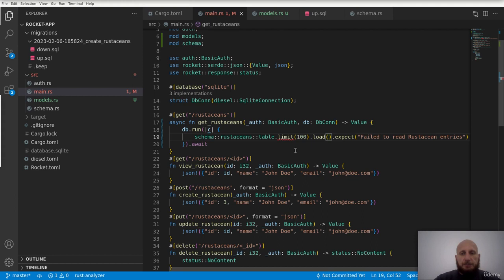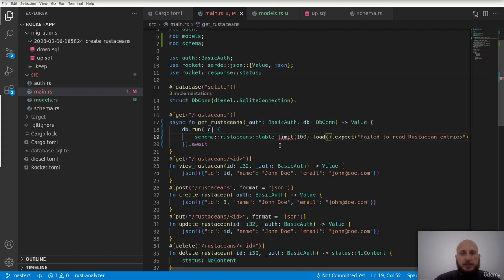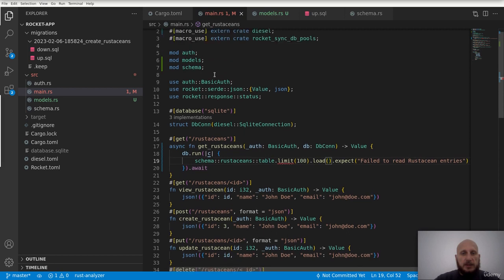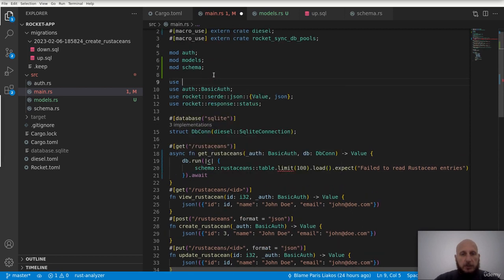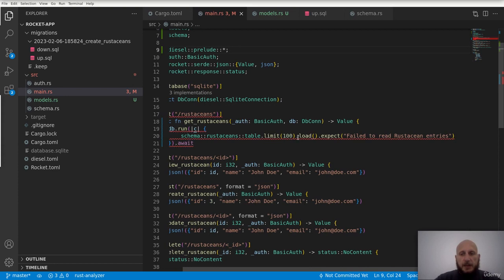Okay, now the compiler is complaining about the limit method because it doesn't find it. In order to find it, we will have to import some Diesel specific functions from the prelude, asterisk. Okay, and then we did the query, we did the load call,